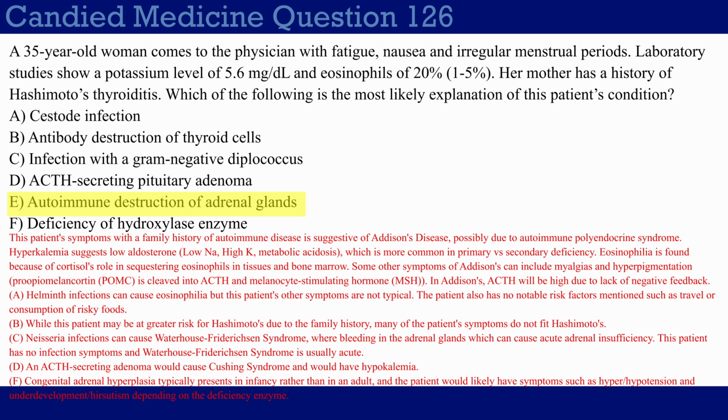So this patient's hyperkalemia suggests low aldosterone, and that should help you narrow the differential down to a primary versus a secondary deficiency of the adrenal glands. Because if we were talking about a secondary adrenal insufficiency, then we would be talking about something like ACTH being affected, right? Which is not part of the RAS system, which affects aldosterone. So the fact that aldosterone is impacted means that there must be something wrong with the adrenal glands themselves,